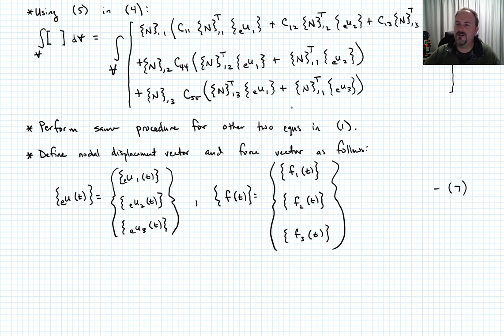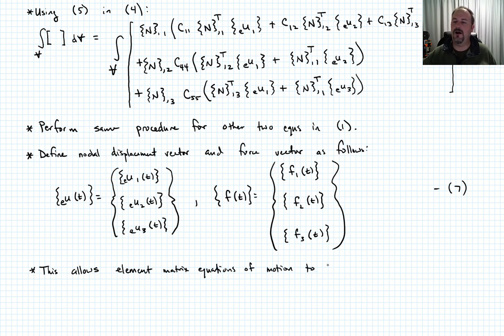Okay, so what you can see if you look at equation 6 is that I'm going to have to group these in particular ways, and when you do that, you end up forming matrices that are square matrices that are 24 by 24, but really comprised of sub-block matrices that are 8 by 8. I'll define what those are in just a minute. But if you follow equation 7 and then just put the equations in matrix form, this allows the element matrix equations of motion